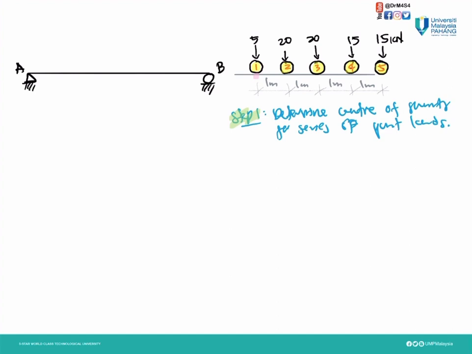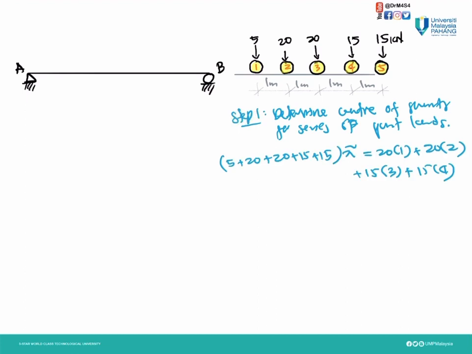Then we need to sum up all the forces. Then we're going to find where the resultant force is. The total resultant force is 5 plus 20 plus 20 plus 15 plus another 15 kilonewton. We don't know where this resultant force will be, so we name that distance x bar, equal to